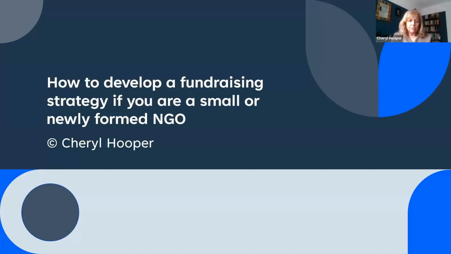Sometimes I think it's possible to confuse a fundraising strategy and a fundraising plan. If you're the leader of your organisation and responsible for the overall fundraising strategy, the fundraising strategy is something that should look ahead and create a realistic picture and outlook regarding where your NGO should focus its efforts. So today, I want to help you understand how to develop an effective fundraising strategy that will help put in place a stronger foundation for growth.